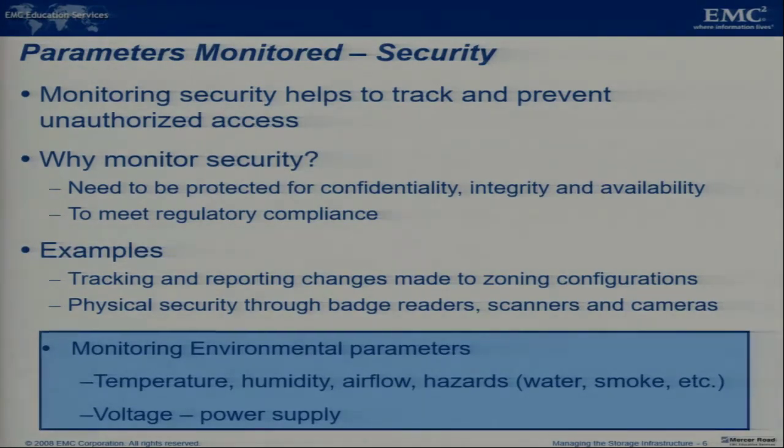The next and one of the most important parameters that needs to be monitored is called security. Why do we need to monitor the security? You have a certain network and different types of components present in your IP infrastructure. Why do we need to provide security? First, consider that you have confidential data present on your storage array or on your servers. We need to prevent unauthorized users from accessing that confidential data.